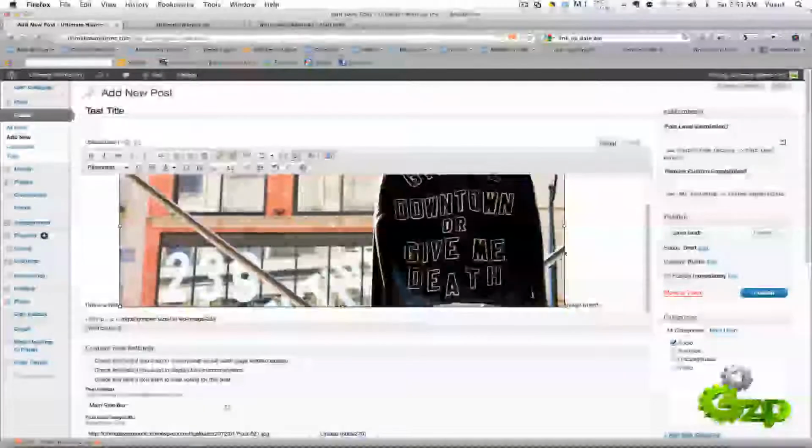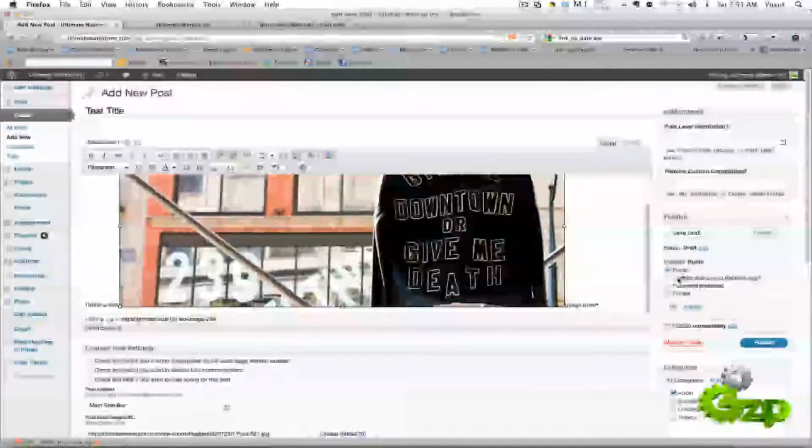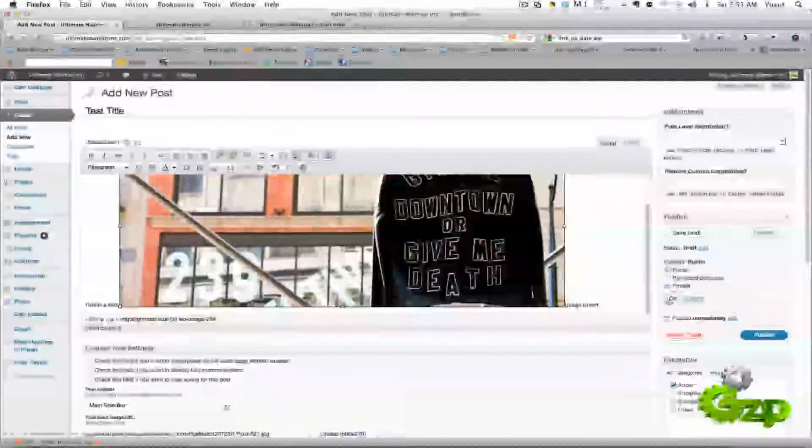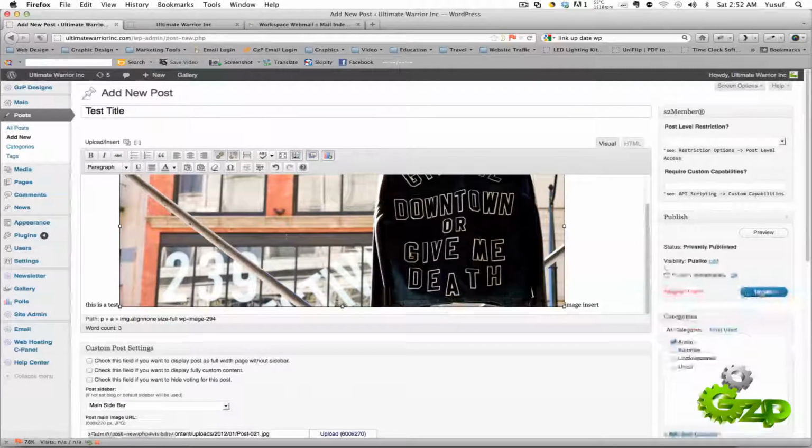So what you're going to want to do is go up here and click publish, and I'm going to actually set it as private so that it doesn't go to your site. This is not something you need to do unless you want it to be private, but I'm just setting it at private so it doesn't show up on your public site. But you just click publish and it'll go up to your site. So I'm going to click update,